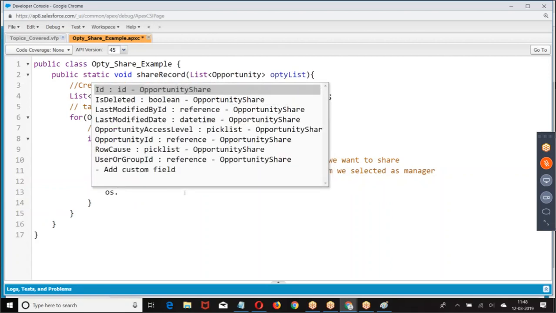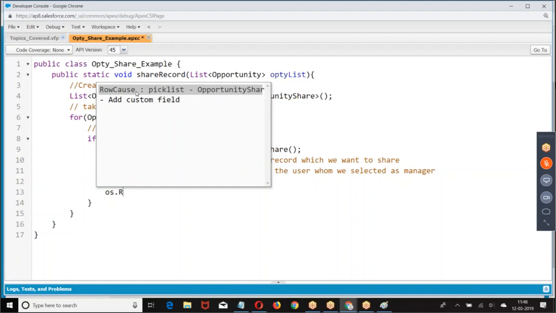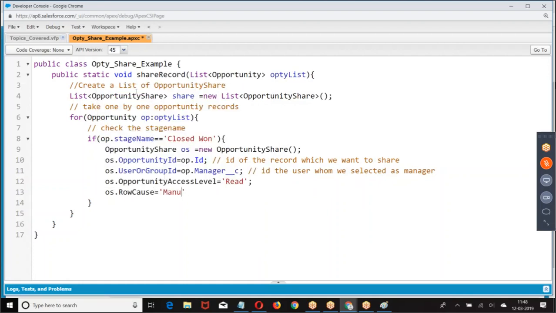I told it to share this record with this manager with read access. The reason for sharing is manual. Okay. So what am I going to do? Insert. Did the people follow? It is a DML operation only, right? Like how you insert a record in the account object, we are inserting a record in opportunity share.